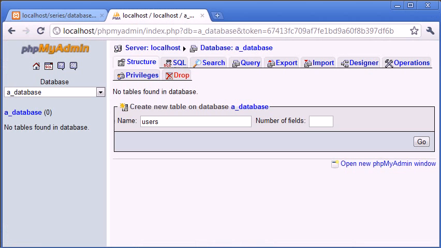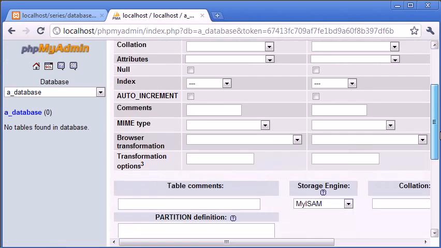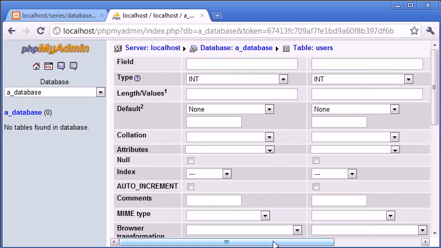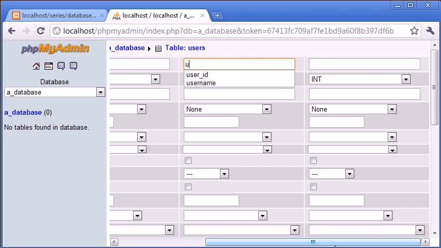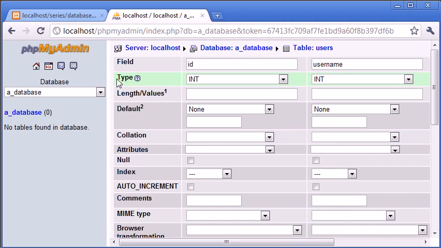That's all we really need to create a user login system. So I'm going to come back to my database and I'm going to choose number of fields 3. Now I can click go, and this is going to transfer me to this area here where I can create each field. It looks like a lot of information, but you don't have to specify all these boxes. You don't have to choose a drop down for all these boxes, but there are some important parts that you will need to specify. For the field, this is the field name. The first one I'm going to choose is ID. The next one I'm going to choose is username, and the last one is password. So now I've specified my field names. Now what I need to do is specify the type of data that I